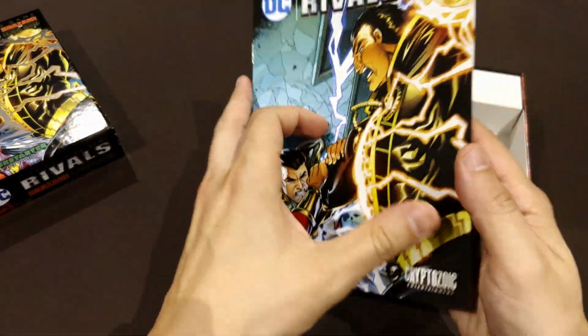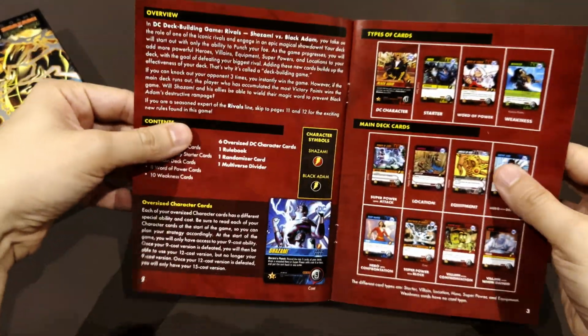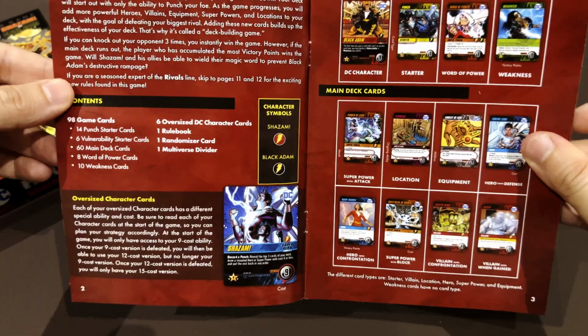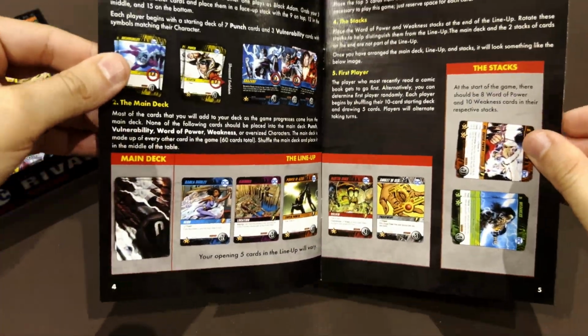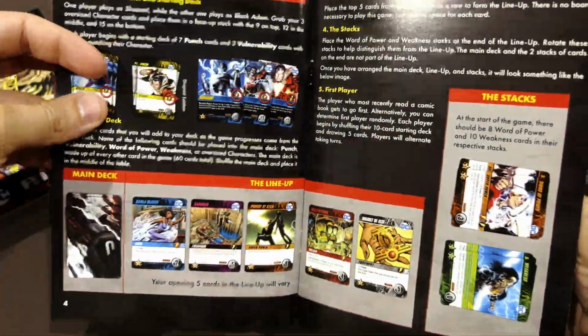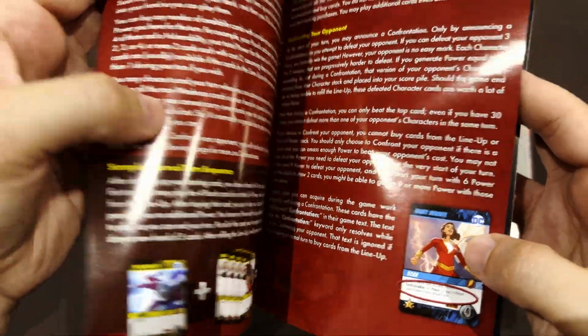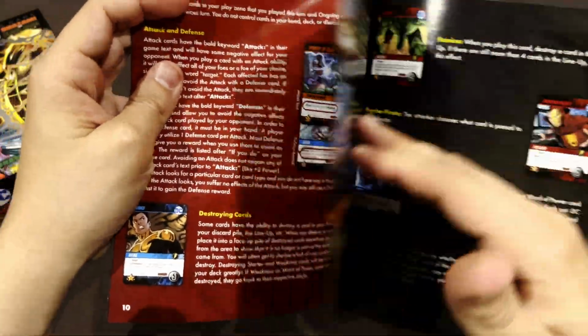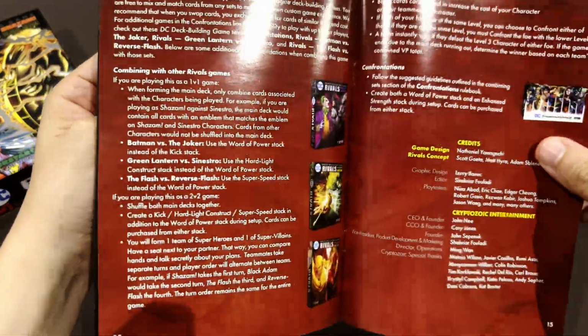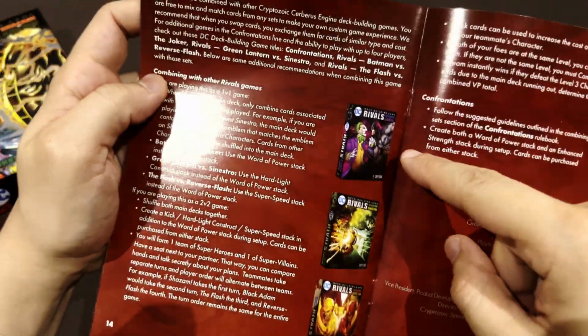So let's start with the manual. The manual is not the Kickstarter version, it's the usual Rivals manual, but now with images from these cards, which we'll take a look at after, all of them. There's a Lady Shazam there. That's the manual. If you are used to the game, you know what this is. Oh, now they also